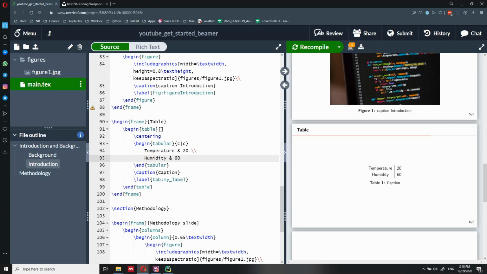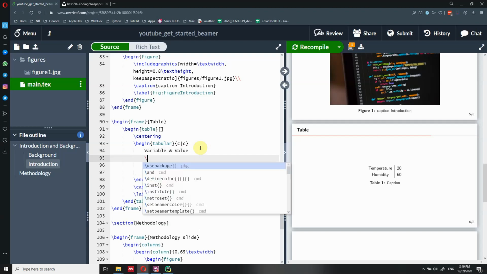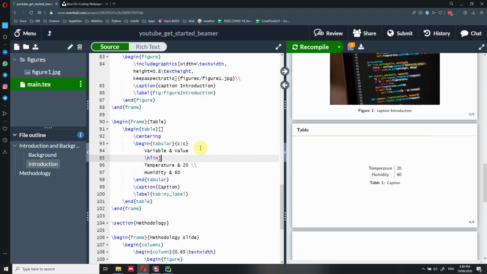If you want to add also a heading, let's say we say value, and actually we have variable and value, and then here we add a horizontal line.